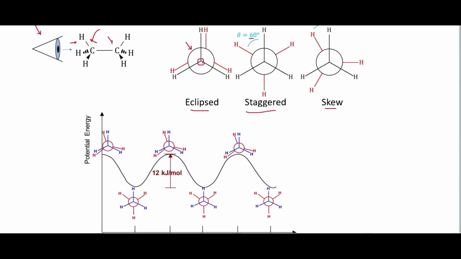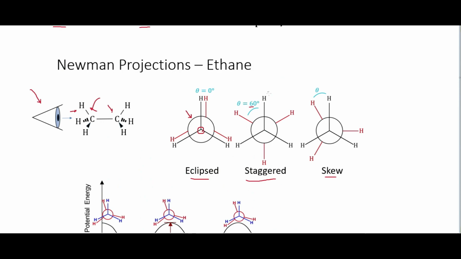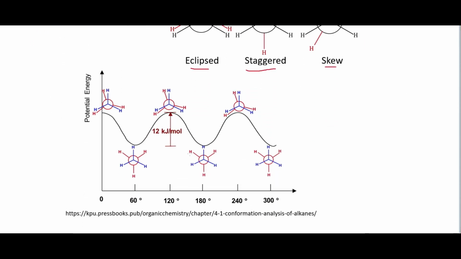And this staggered one is actually the most stable version of it, and that's because there is the least amount of interaction between these different hydrogens on here. And so we can actually look at the energy here, and these different staggered conformations have the lowest energy, and so those are the most stable form of the